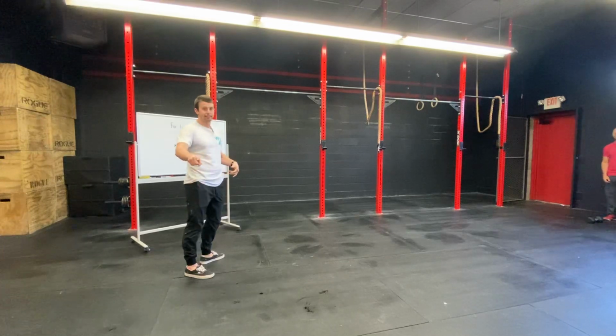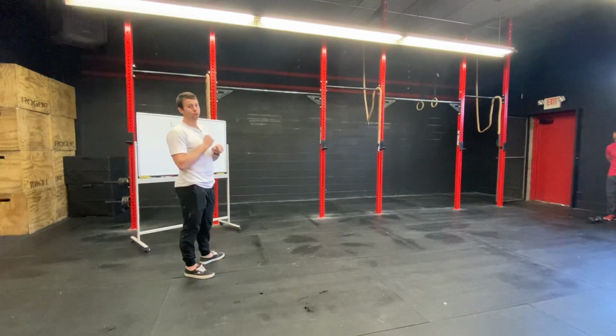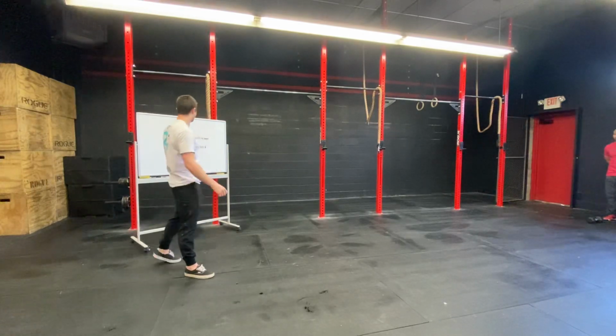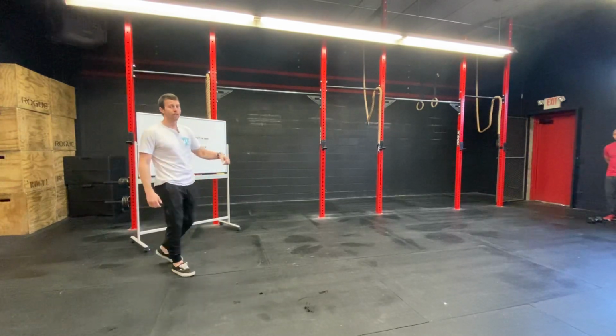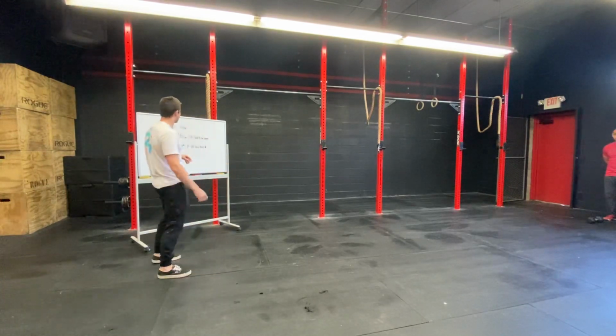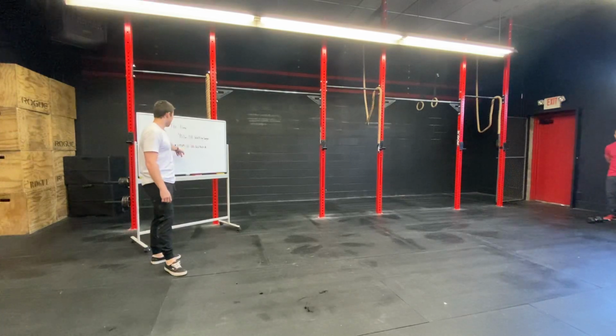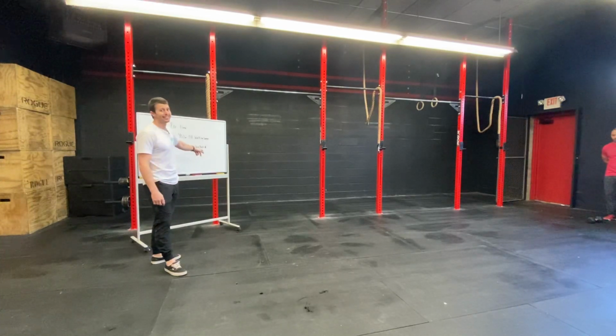All right, guys, Saturday's workout. This one is going to be fun. For time, you're gonna do 400 meters of a dumbbell overhead walking lunge or a kettlebell, depending on what you guys have at home. The twist, starting with every minute on the minute, you have to do 10 dumbbell push